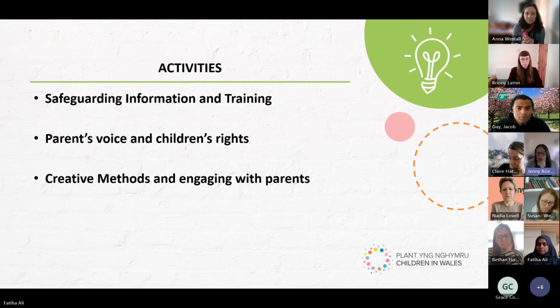Yeah, I mean, we also had the parents' voice and children's rights. We didn't get into a big discussion about it, but I was just saying that one of the groups I do quite regular consultation with is a group of parents of children with disabilities and additional needs, and how they're quite often in fight mode when you go to speak to them. So I think that work around the UNCRC will be a really good exercise to do with them as well.